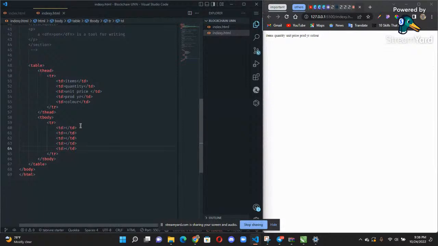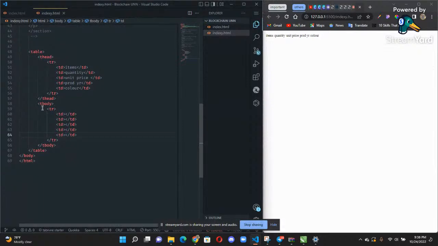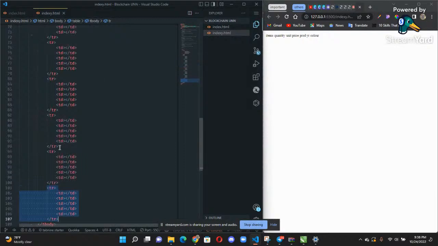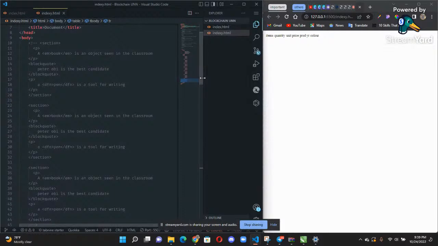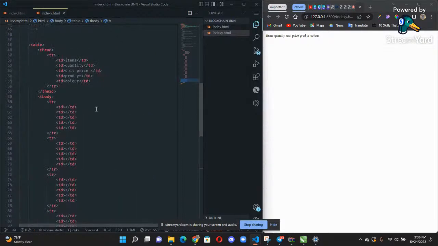Maybe I should duplicate this table row. Let me say items now.